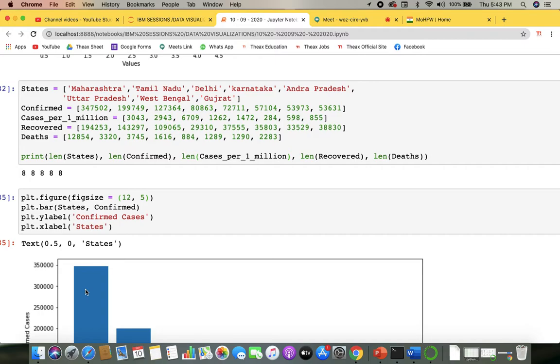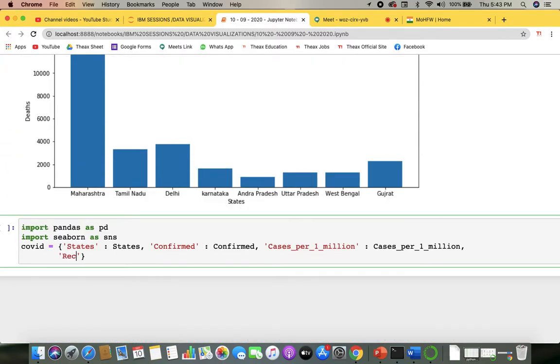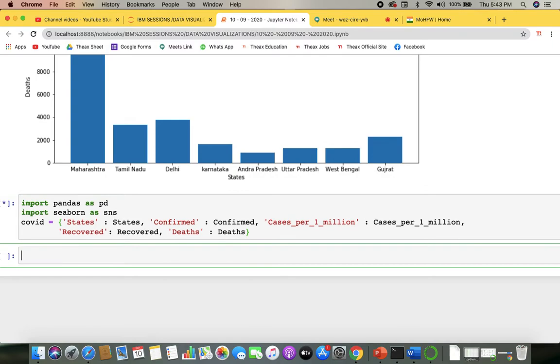We could go for the recovered and deaths respectively. So this could be the dictionary, right? Now, if I say the DF of COVID,